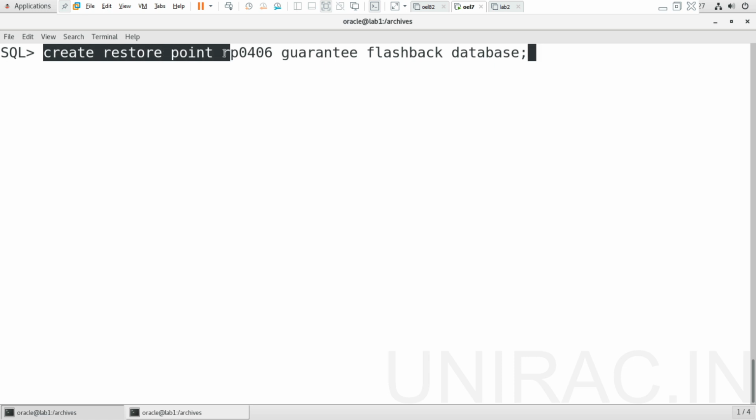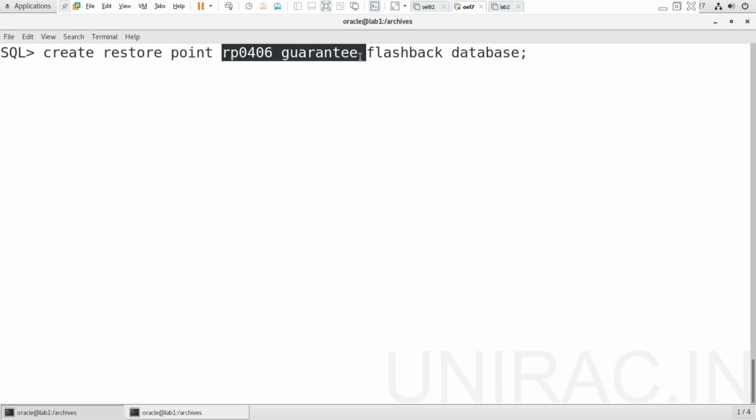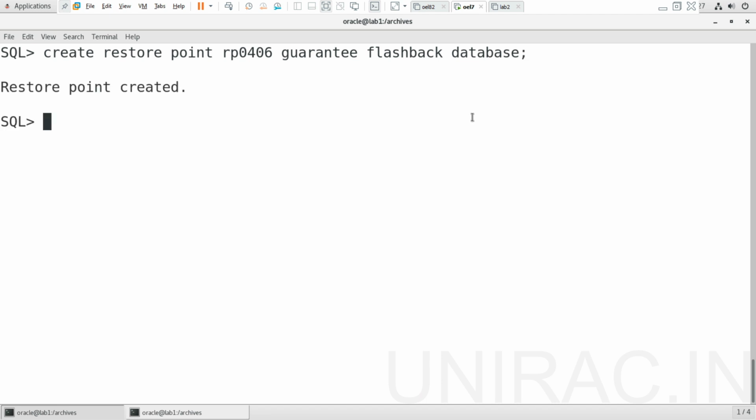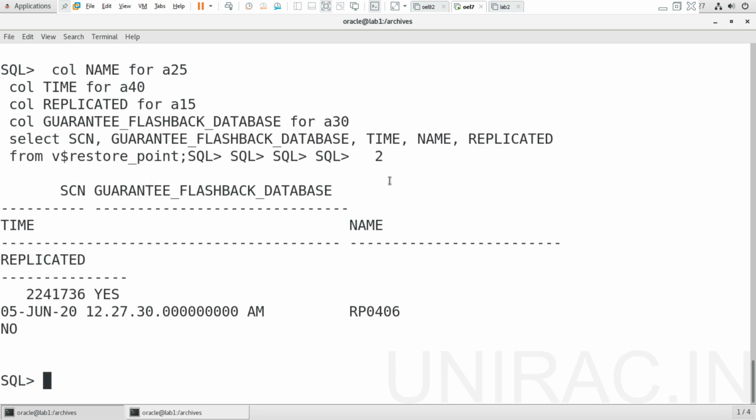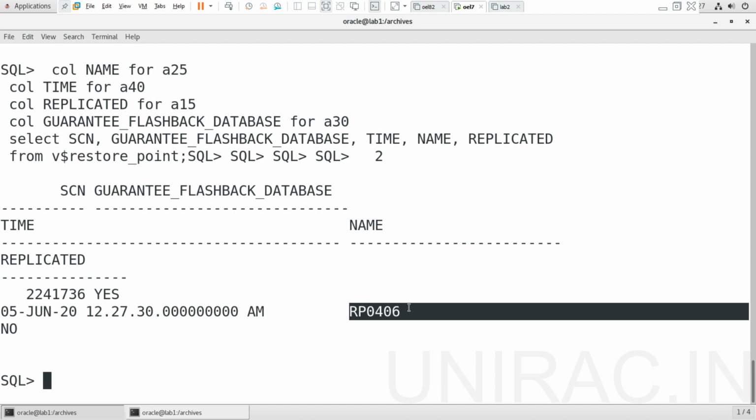Let's create a guaranteed restore point with the name RP0406. With flashback enabled, you can use it to move to a prior point in time. It got created. Now verify once again from v$restore_point. Yes, you can see restore point RP0406 got created.